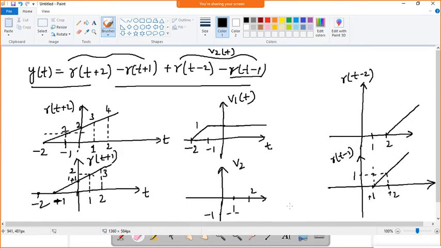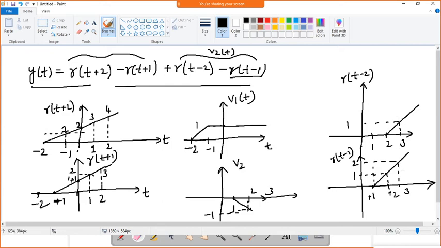So you need to take the negative ramp, like this. Or, as one of you said, you can invert it and add it. That is also possible and gives the same result. So this is the amplitude value minus 1. In a similar way, at 3 what will happen? This will be the amplitude value 1, and at 3 this will be the amplitude value 2. So now we need to subtract this one. 1 minus 2, what will it give?